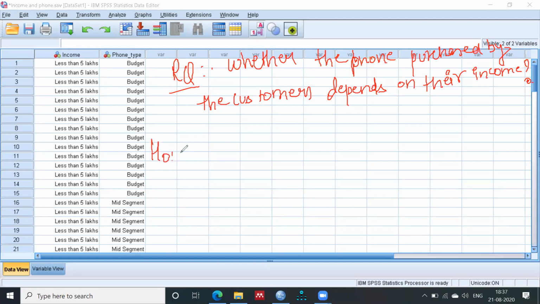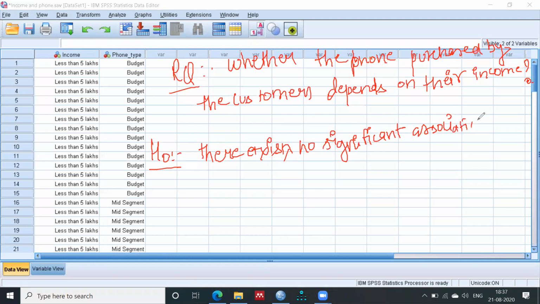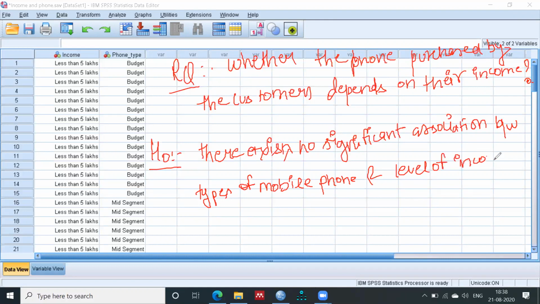And what would be your null hypothesis with this question? The null hypothesis says that there exists no significant association between types of mobile phone and level of income, right?